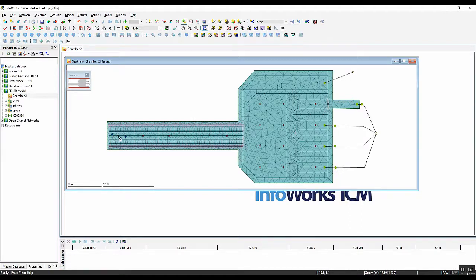The storage chamber is fed by a single incoming pipe. Itself is actually a channel, and there's a circular bottom to that channel. It's not a flat bottom channel, so it's got a circular bottom. The chamber itself is here, and we can see we have some monitor points, which are these little stars that